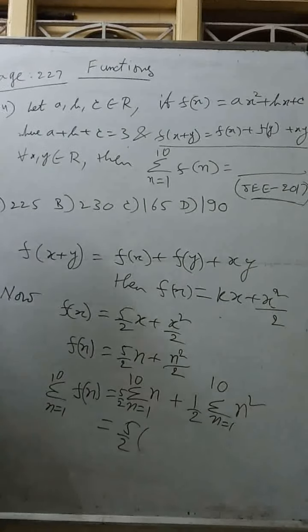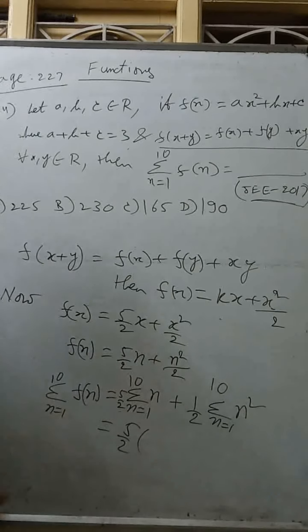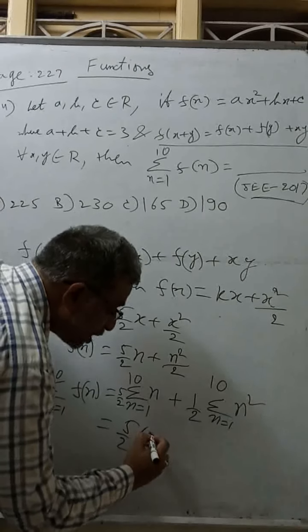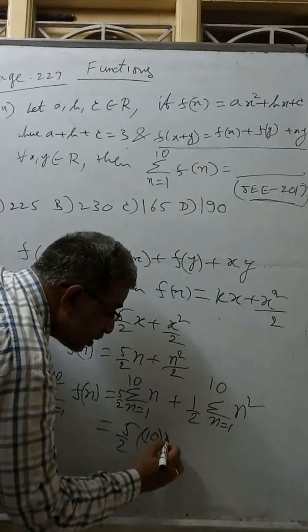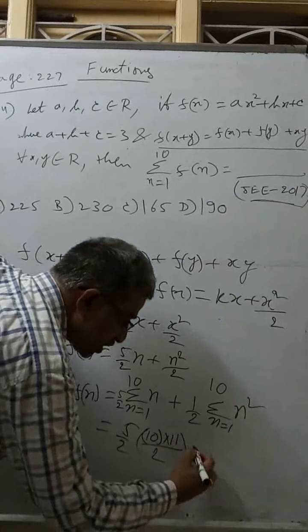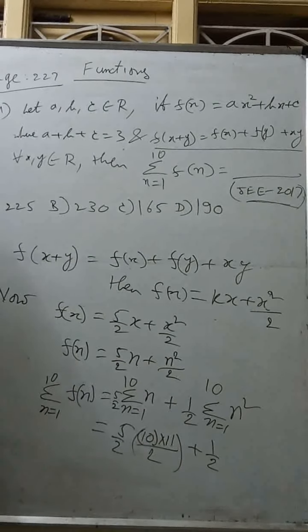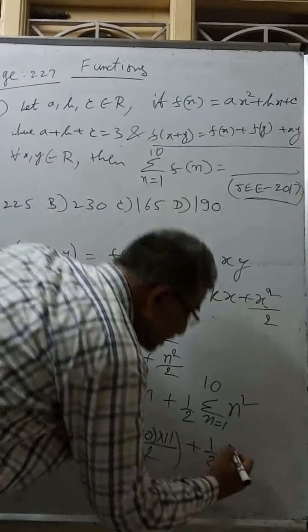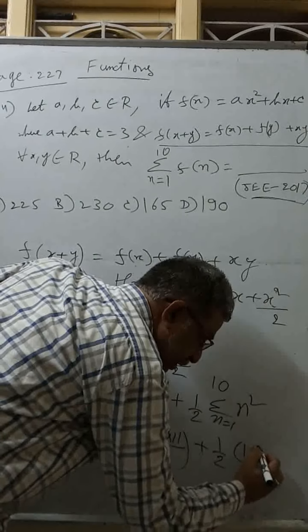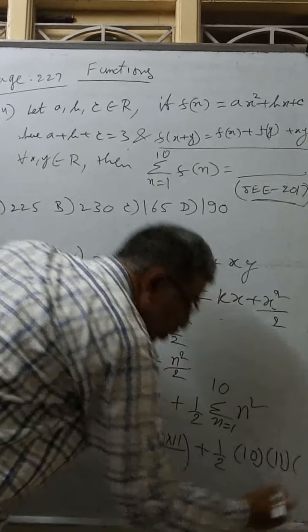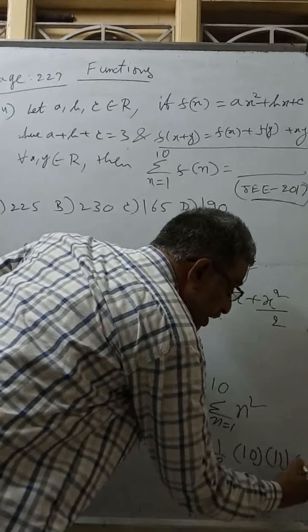Sigma n, you know, is n into n plus 1 by 2. So 10 into 10 plus 1, 11 by 2, plus sigma of n square, which is n into n plus 1 into 2n plus 1 by 6. That is 10 into 11 into 2 into 10, 20 plus 1, 21,